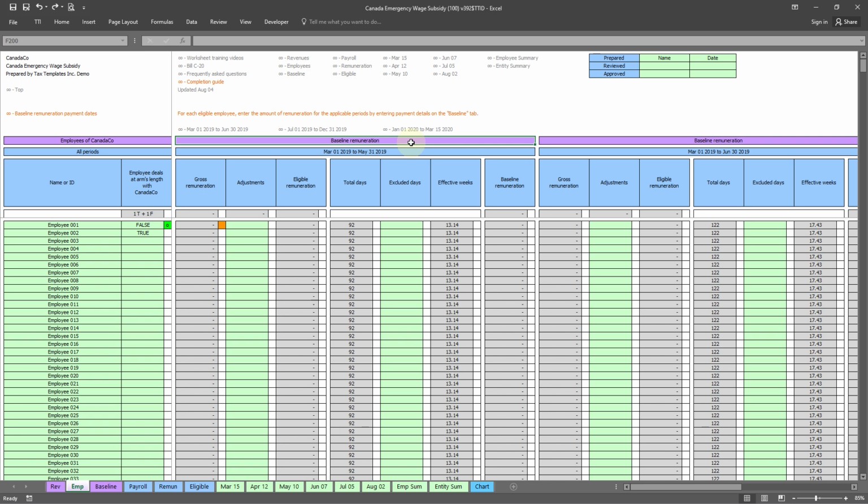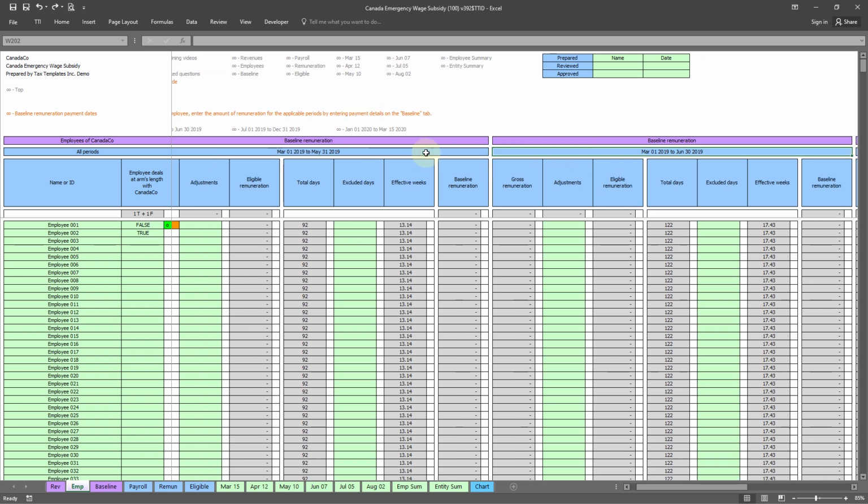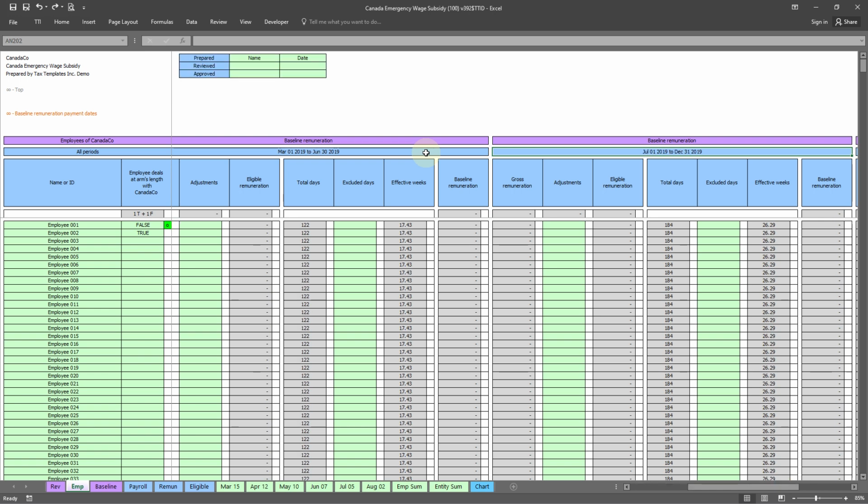In Bill C-20, the legislation now provides 4 baseline remuneration periods. The first being March 1st to May 31st, the second being March 1st to June 30th, the third being July 1st to December 31st, and the fourth January 1st to March 15th, 2020. Only the remuneration period from January 1st, 2020 to March 15th, 2020 can be used in every qualifying period to